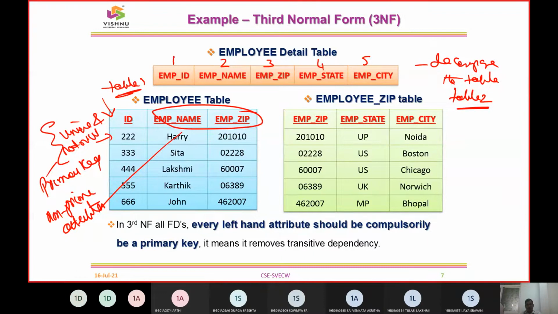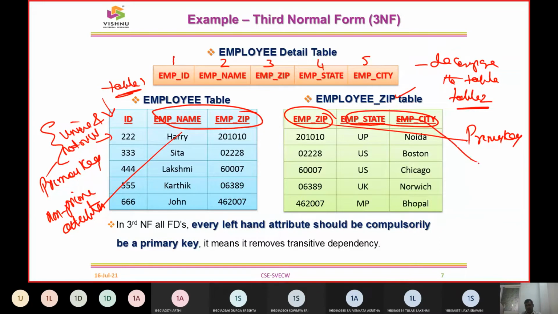The next interpretation was, we need to decompose the table with the remaining attributes. So what will be the remaining attributes if I take it as employee zip here? Employee zip is now again the primary key, and employee state and city will be assumed as non-key items, and these non-key items are purely dependent on the primary item, right? So we bifurcate the table. That is one issue we have taken up.